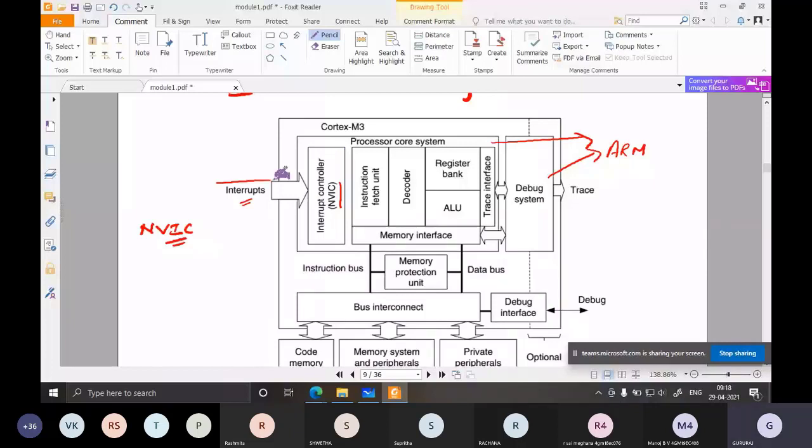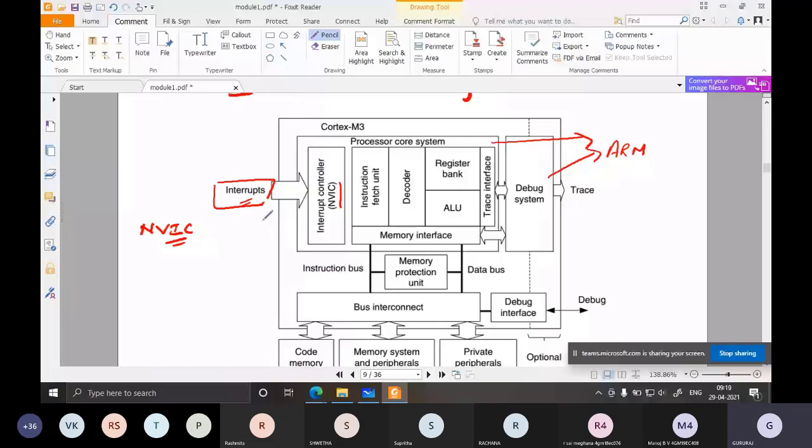Any input operation to a particular embedded system or a computer or a laptop is done using an interrupt only. Suppose you press a key on your laptop keyboard. That is taken as an interrupt, and it is intimated to the system that a key press interrupt has been detected. Once the interrupt is detected, it will be serviced according to the requirement. If it is a key press, what should happen? If it is an input from a sensor, let's say a temperature sensor or ultrasonic sensor, what should happen based on that interrupt? That will be decided.